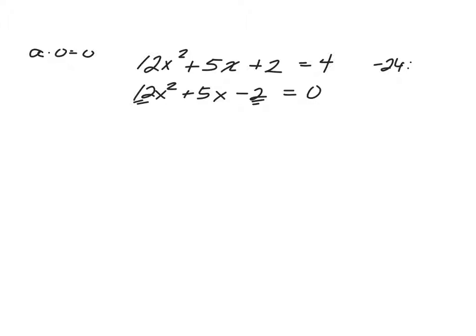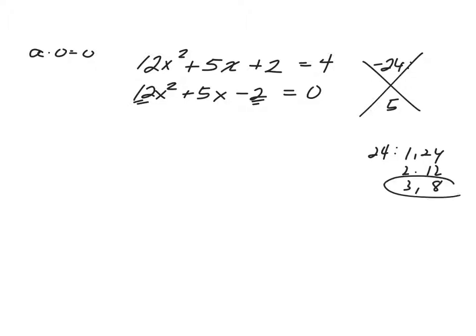So now I'm going to look at the factors of negative 24 that will also add to make 5. So I look at 24. All right, so I go 1 and 24, 2 times 12, 3 times 8. All right, and then I'm going to stop. I'm not even going to worry about 4 and 6 because I already have what will make 5, which is